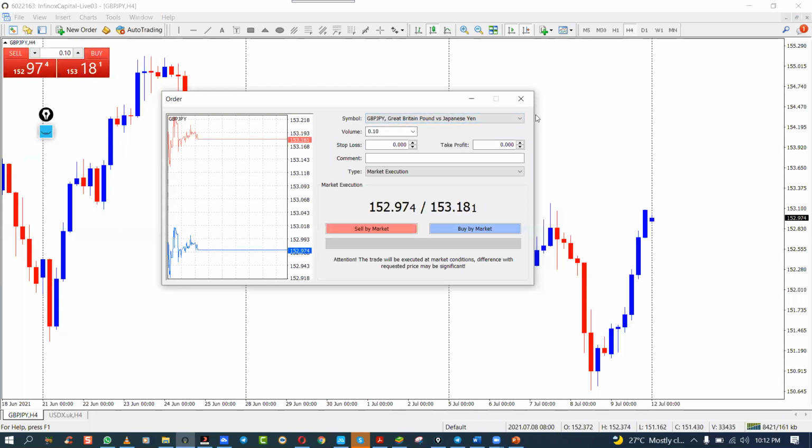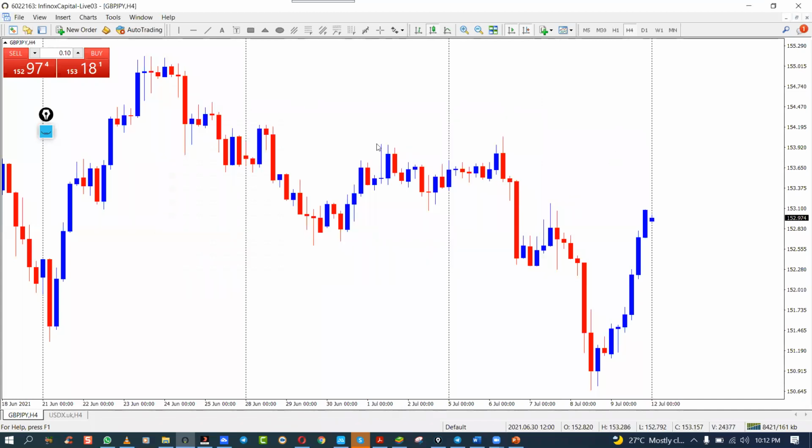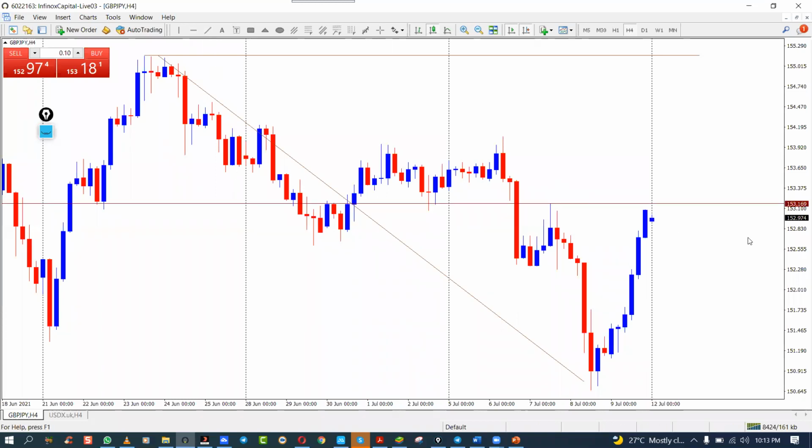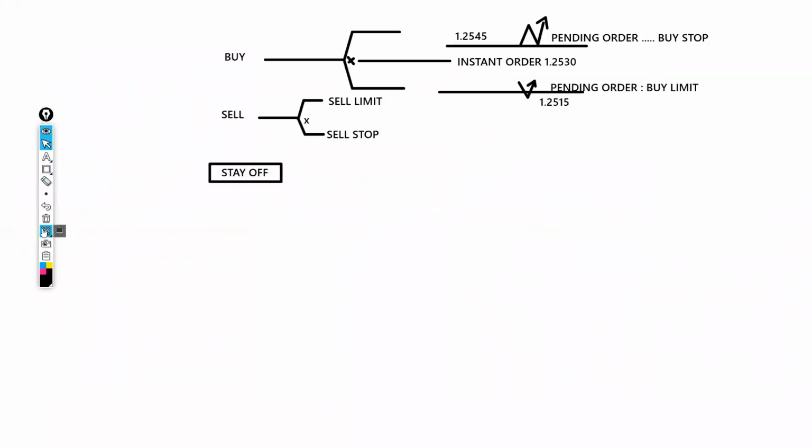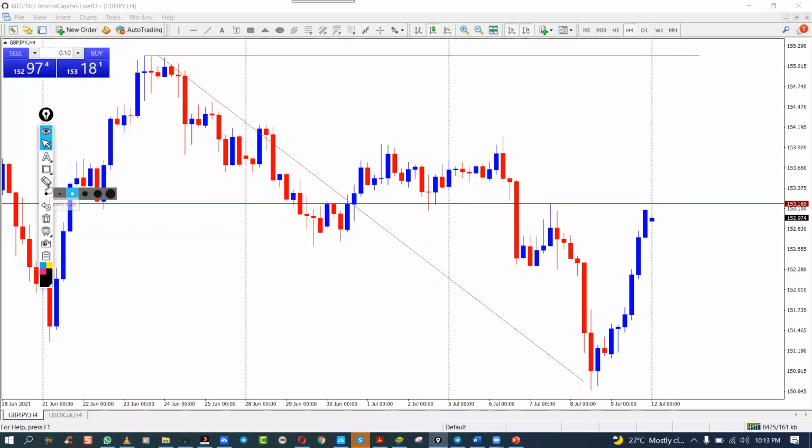Before we take a sell, we want to look at the condition of the market. You can see that this market is possibly going down, but don't bother with the analysis involved in this trade yet. I just want to see that I have a possibility of selling this market at this price. If I want to sell this market, I want to do this selling only when the market gets to this point, so I want to sell at